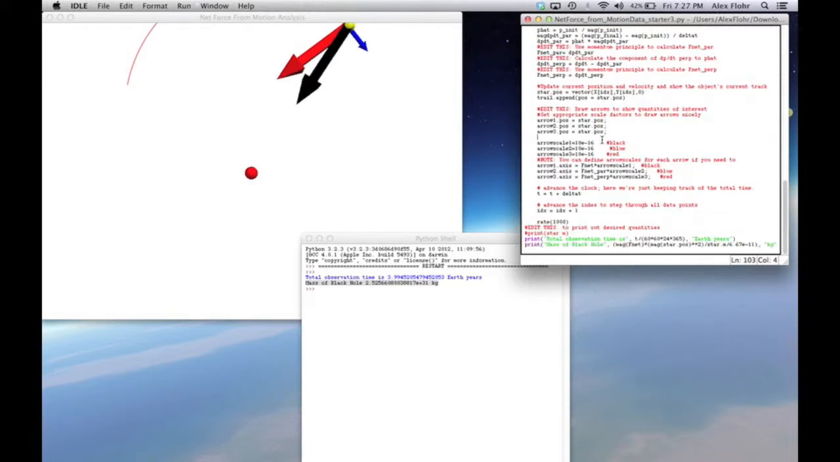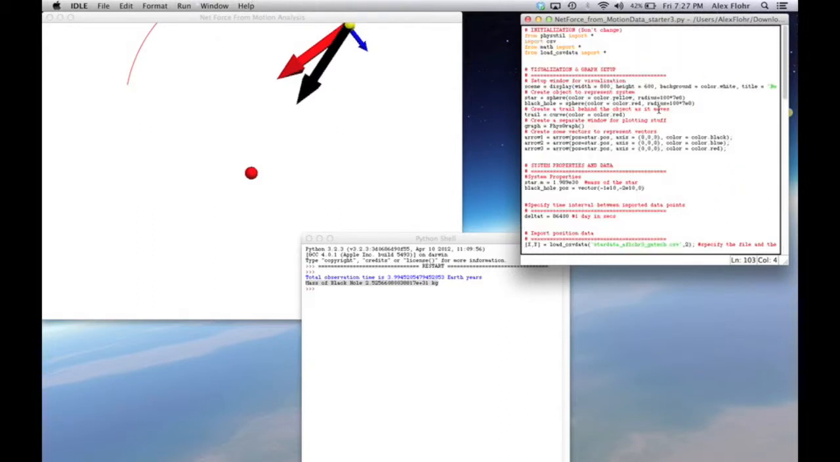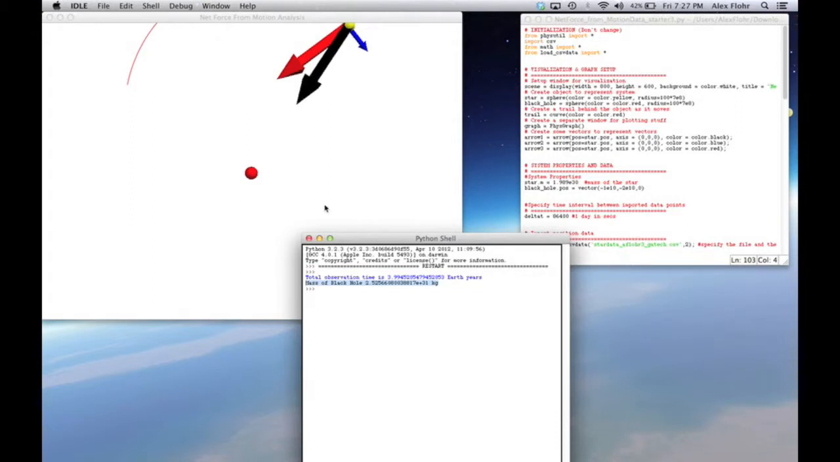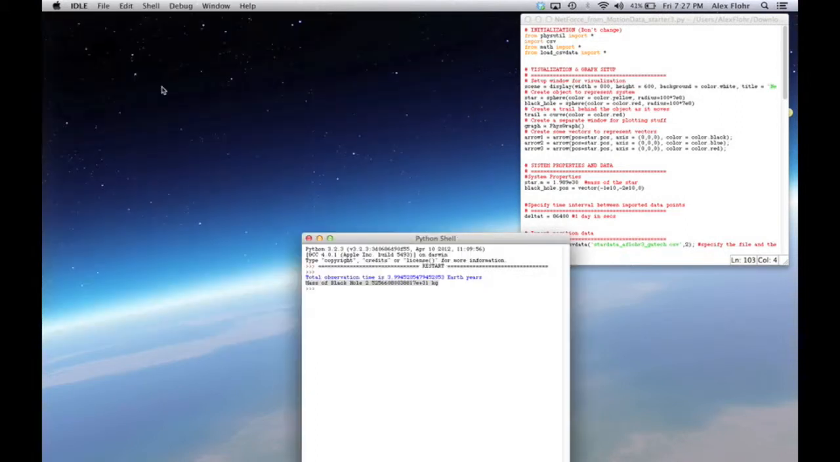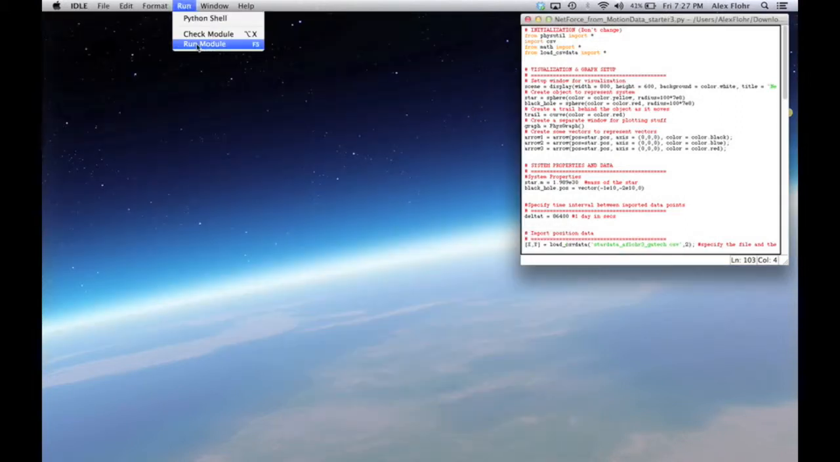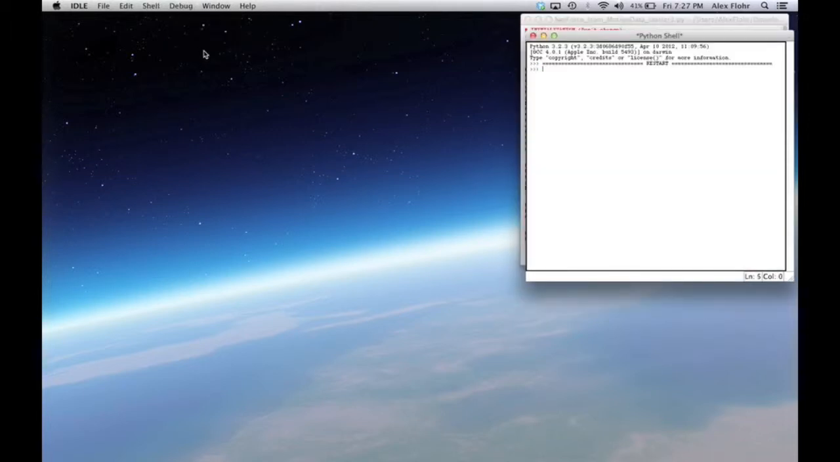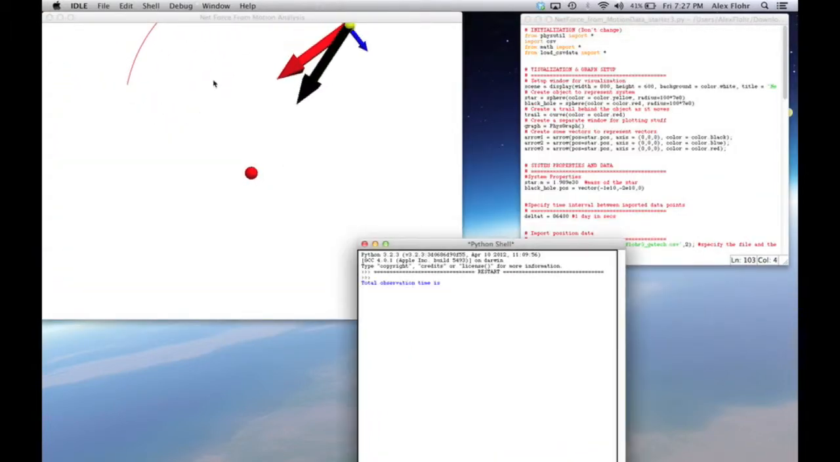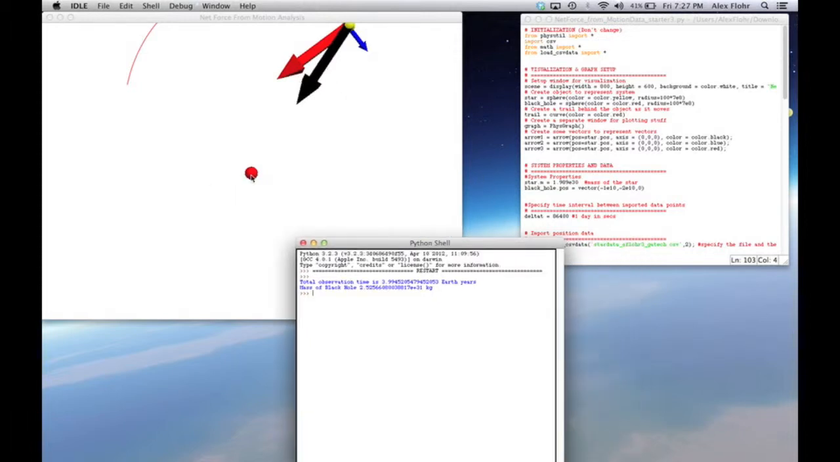So we have this, and we have it set to output the mass of the black hole. We also inputted different position data points from a file that was downloaded. So when we run the Python model, we see the gravitational force, and the Fnet and the Fnet perpendicular are pointing towards the black hole,